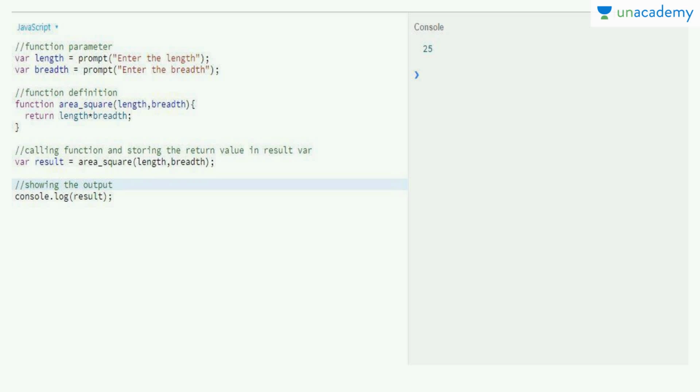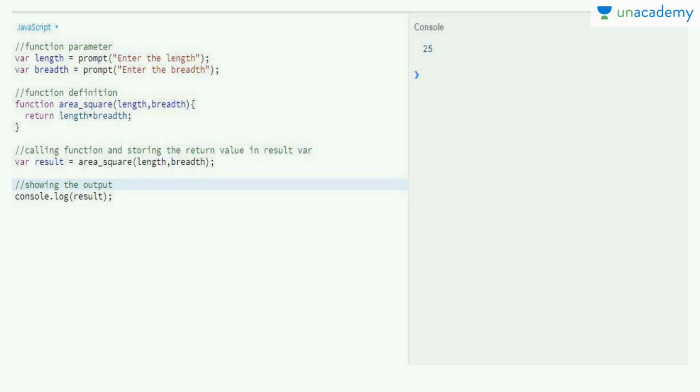Whoever calls that function, it will return these values to them. Next, we have called the function and stored the return value in the result variable.